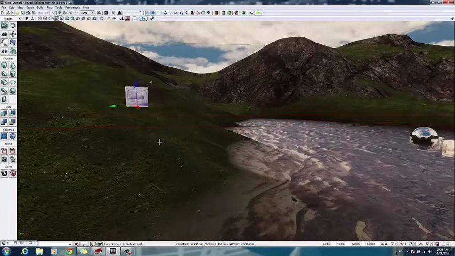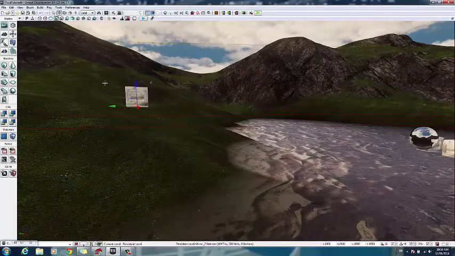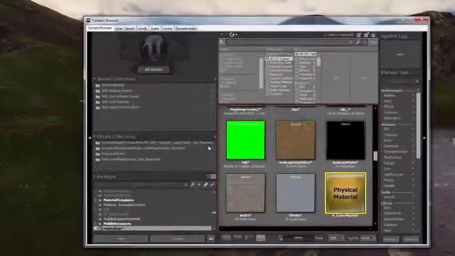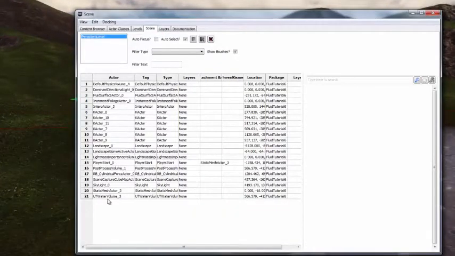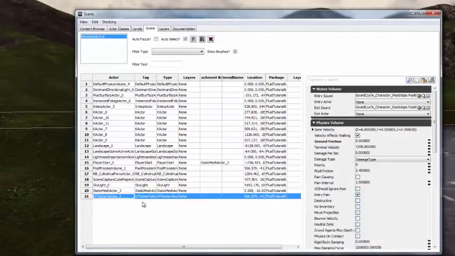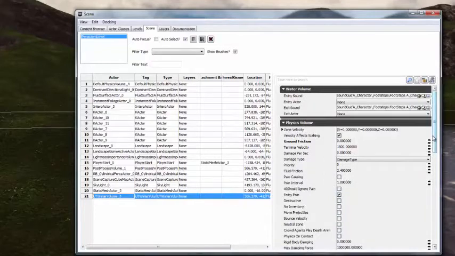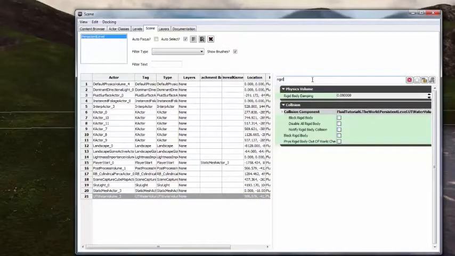So in order to do that, we're going to go to our content browser again, and mine is minimized. Across to our scene tab, identify and find our UT water volume, and within here I'm going to do a search for rigid,